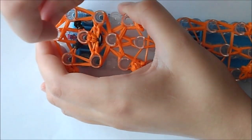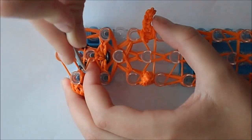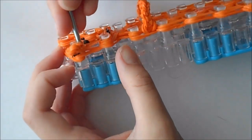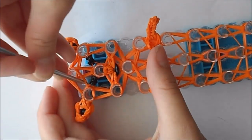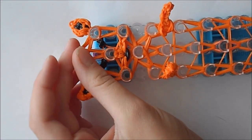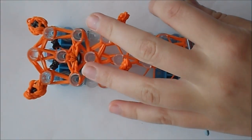So just slowly go underneath, then go into here, grab your bottom 2 bands and loop them onto there, and then your next 2 bands here. Just like so. And then Eevee people, you can slip knot this and take it off the loom, but Flareon people, you're going to take